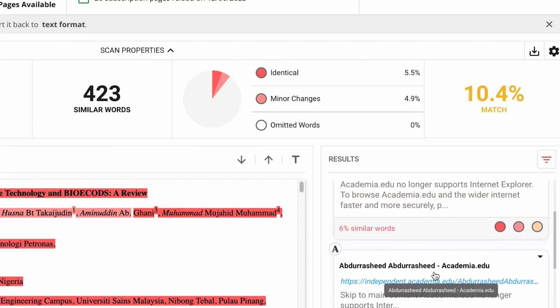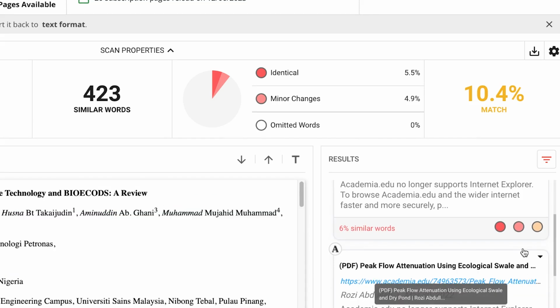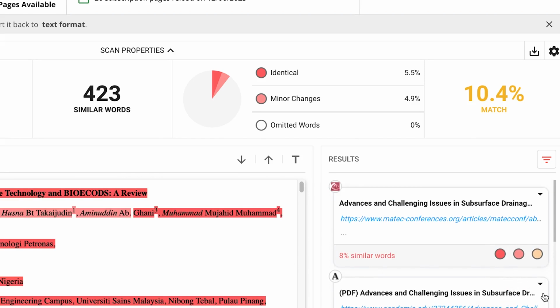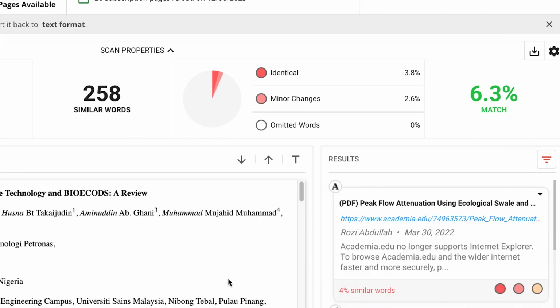This is also my paper. If you want, you can skip any of them. Exclude, and you can see it's going to reduce because this is my own paper. This advanced is also equally my paper. You can exclude. You can see now the plagiarism is back to 8.9, which is a good match. 365 words similar, including this advance, is mine, so let me exclude it.